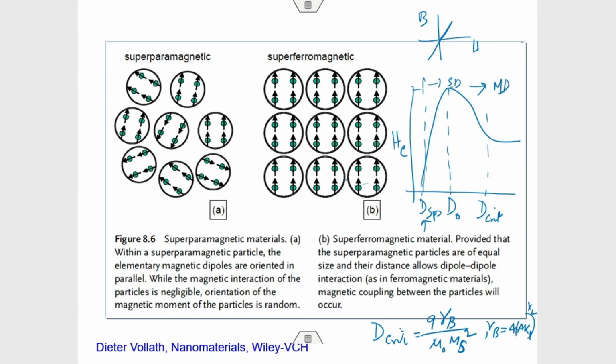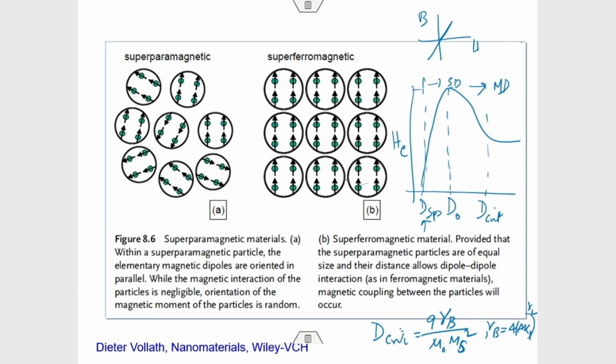In addition to coercivity, magnetization reversal is also strongly affected by size. Magnetization reversal means that when you change the magnetic field, the spins will align in the direction of the field, and if you reverse the field, the spins reverse. Within a specific range of diameters, typically greater than the superparamagnetic diameter but lower than the critical diameter, the exchange interaction energy is sufficiently strong to keep the spins aligned during the reversal process. Above this range of diameters, but still below the critical diameter, the process of magnetization reversal becomes very incoherent,